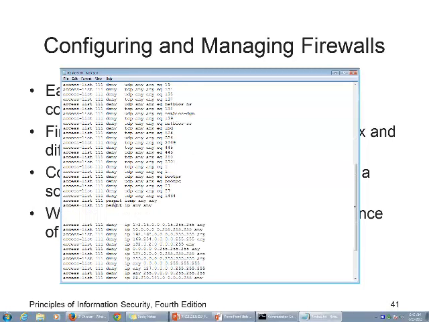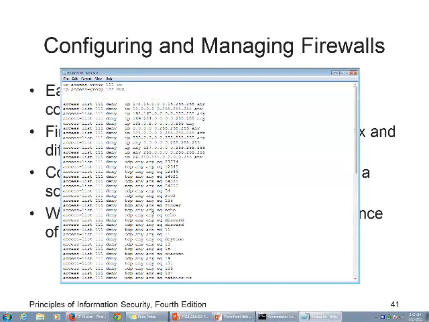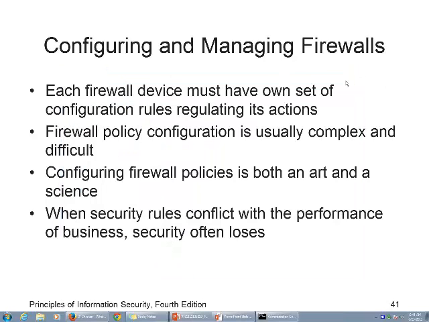Like if I was to put this permit line right here, way at the very top, everybody will get in no matter what. Because this is a filter. The first thing that it hits, then it's done. If you match this line, it doesn't continue checking anything else. Once you hit a line you match, you're done. Okay, it kicks you out or does whatever it's supposed to do. So if I had that permit line at the very top, then you're in no matter what. So managing them is actually, like I said, an art and a science.